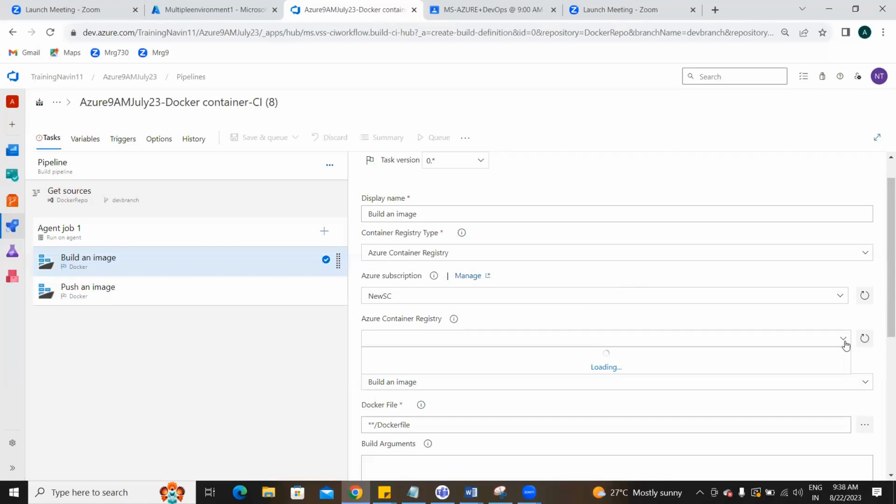Some multiple environment ones. Fine. So it'll complete. Let's say it is completed. Okay. So what will get output? One image will be generated. It will be pushed to your repository. Okay. Fine. One environment. For the next environment, no need to create a separate build pipeline. I'll make use of this only. Okay. I'll show you.